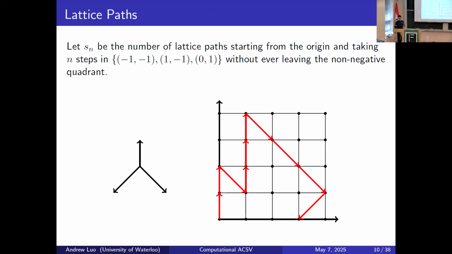So let's say you wanted to count the number of lattice paths of length n that you can do that go in the following three directions. You can go up, down and to the left, or down and to the right. An example of that is given here. And you want to do it in a way that you stay in the non-negative quadrant. So traditionally, how this was done is